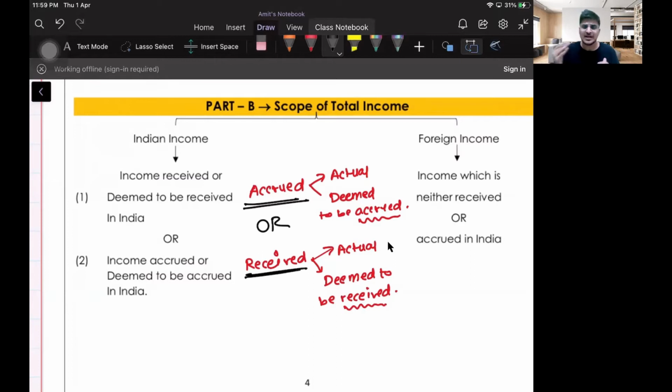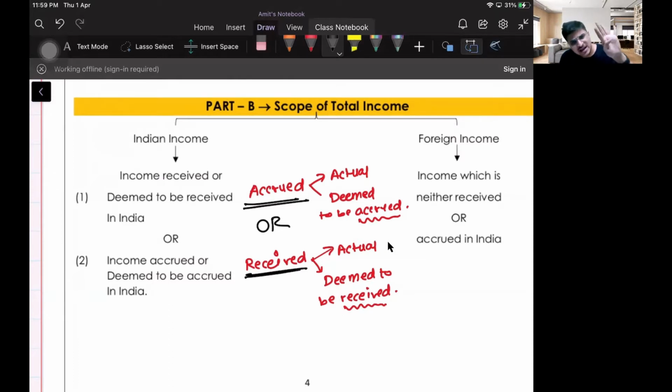Similarly, in case of received in India, actually मुझे पैसा मिल सकता है, और ऐसा वो मानेंगे कि मुझे पैसा मिला है, मतलब they will treat it as if I have received the amount, which is the meaning of deemed to be received in India. So if it is accrued in India, deemed to be accrued in India, received in India, or deemed to be received in India,